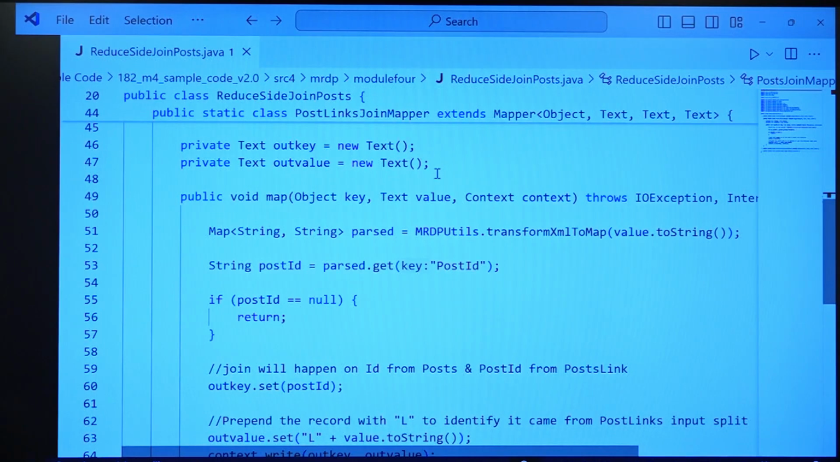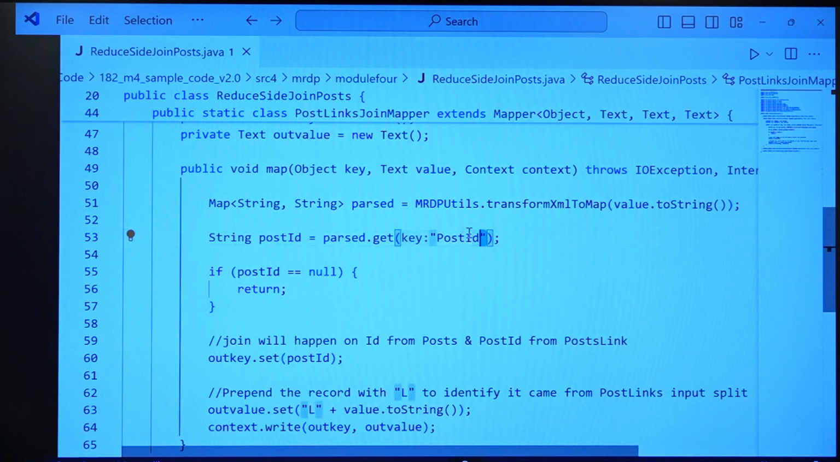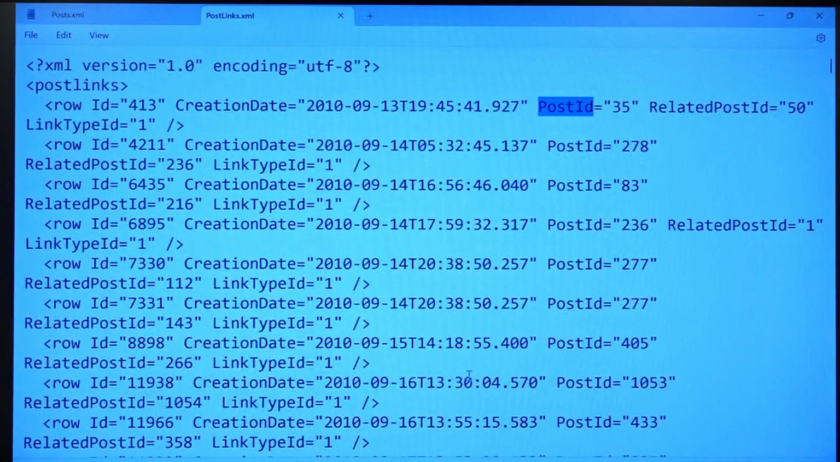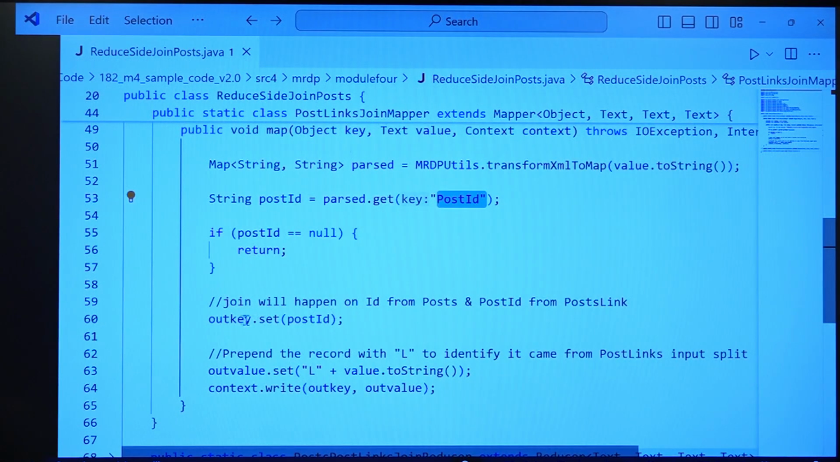Firstly, we will be creating two variables, output key and value, and we will be extracting the post ID from the post links. As we had referred to this in post links, we are going to retrieve this particular attribute value, and this attribute value will be stored in the post ID, and you are going to set that post ID to the key. Coming to value, again you are going to transform the value which is associated with the post ID into a string, and you are going to prepend